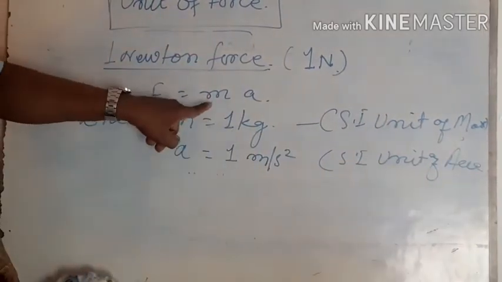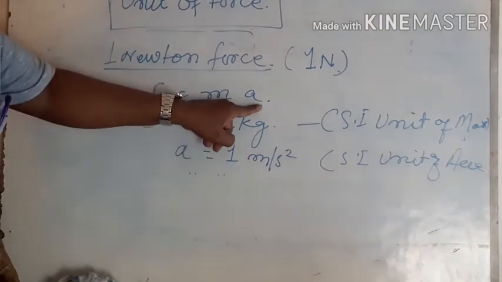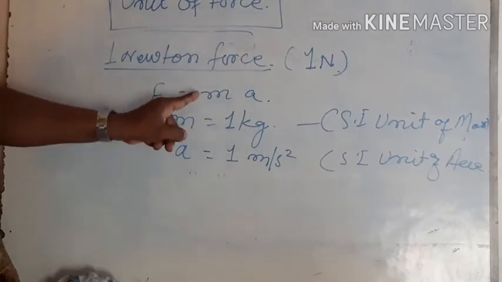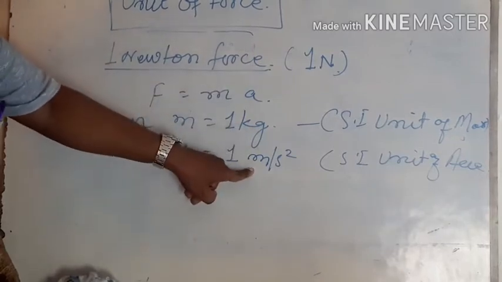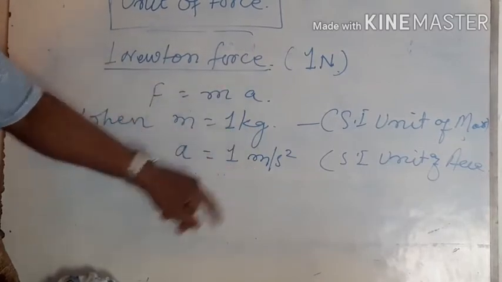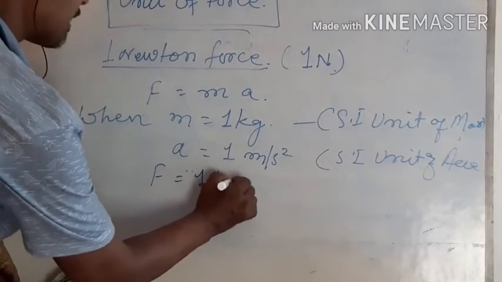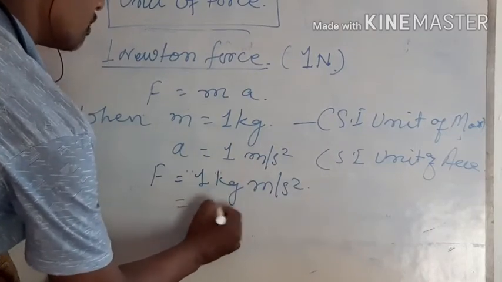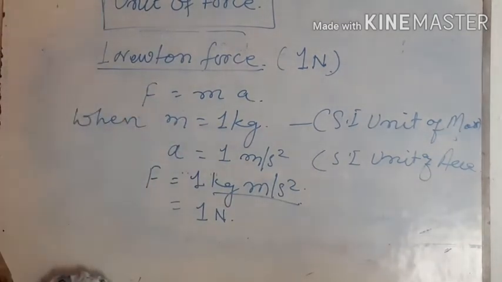So both the units must be the same. ऐसा नहीं है कि हम इसको SI यूनिट में ले रहे हैं, इसको डिफरेंट यूनिट में ले रहे हैं. हम हमेशा जो भी प्रोडक्ट करते हैं हम सेम यूनिट में लेते हैं. तो मास का यूनिट हमने केजी में लिया, तो एक्सेलरेशन का यूनिट हम किस में लेंगे? मीटर पर सेकेंड स्क्वायर में. अब अगेन जब आप दोनों को मल्टीप्लाई करेंगे तो क्या आ जाएगा? 1 kg meter per second square, and this is nothing but Newton. This is what is meant by 1 Newton force.